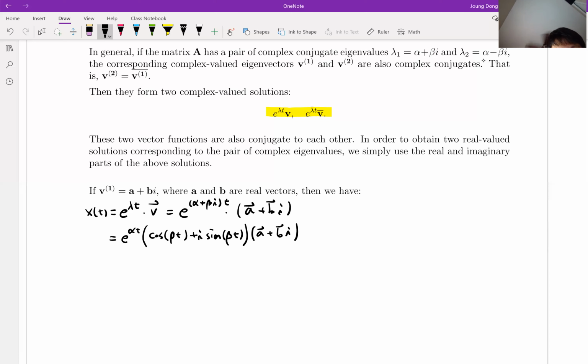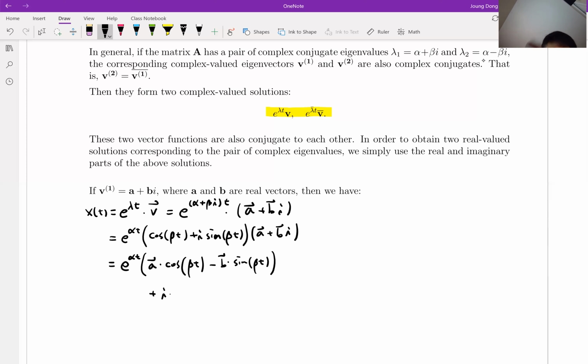It is equal to e to the alpha t times a cosine beta t, and let me write the real part and imaginary part separately. The real part comes from the second term, the outside one, which is i times i, which is minus 1. It would be minus b sine beta t. This will be the real part, and then plus i times